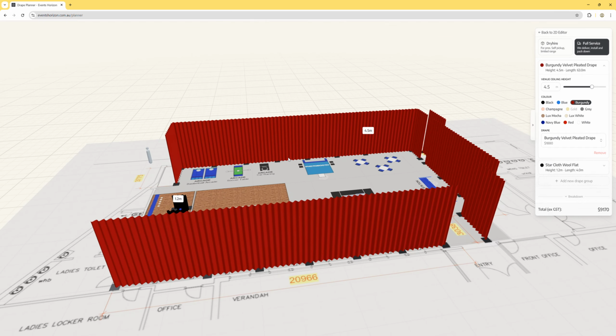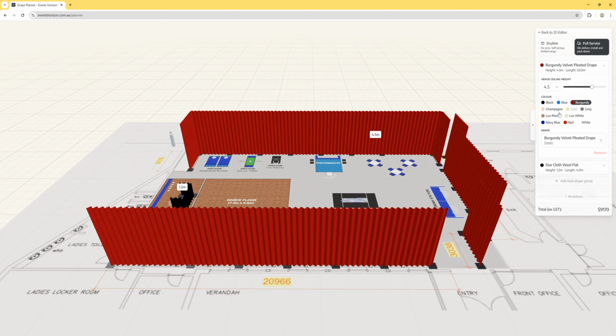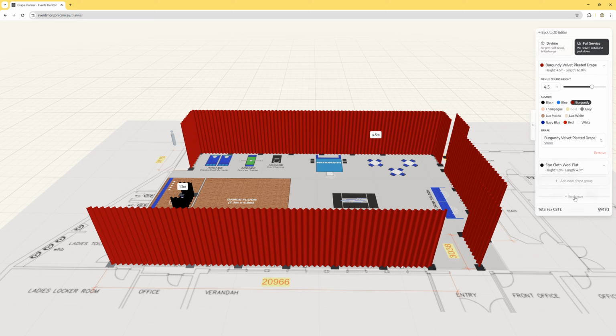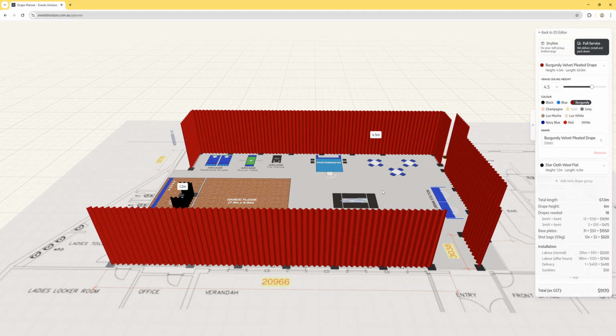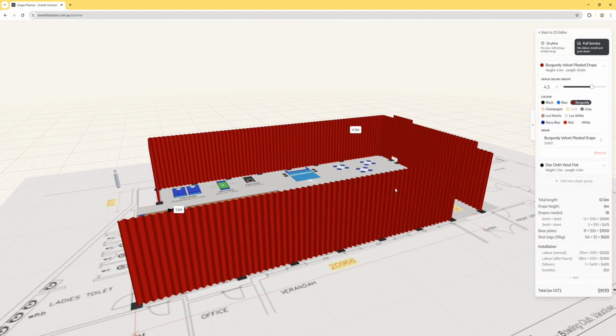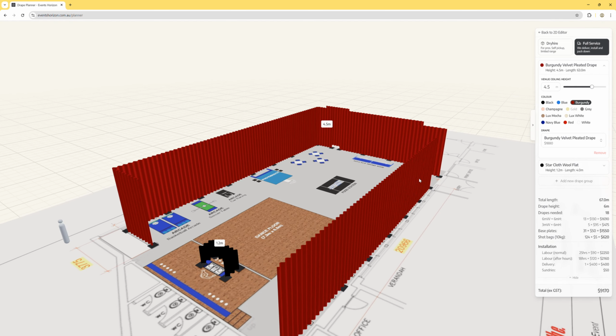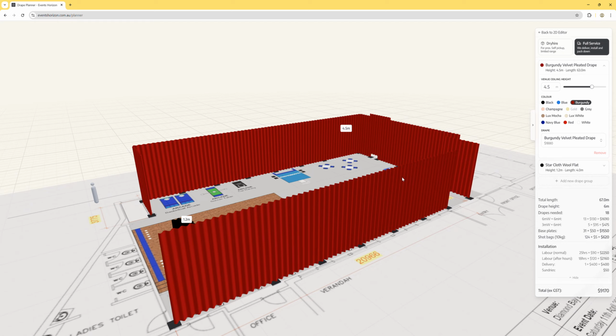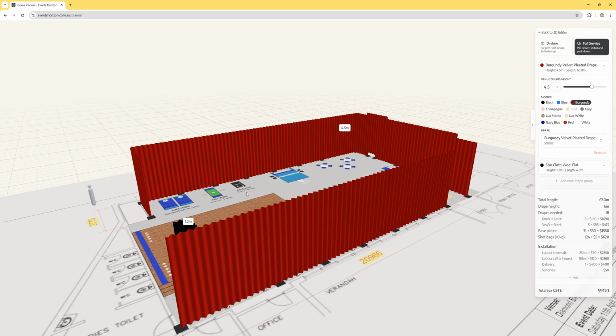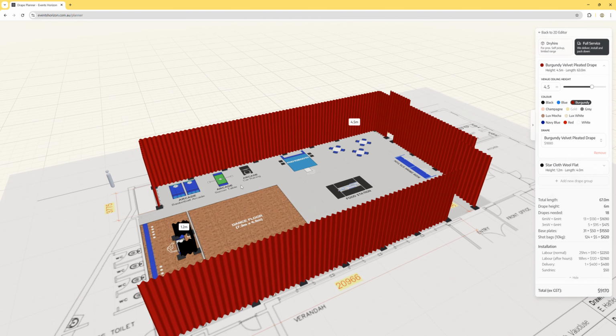And yeah, that's pretty much it. The next thing you can check is the breakdown. This will let you know how we would quote this up. Obviously in the real world things might be slightly different, and this is just a guide, but yeah, hope this helps. You can see that you can play around, do 3 to 10 different versions within a few minutes,